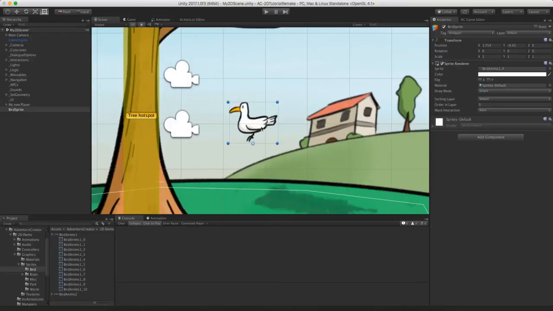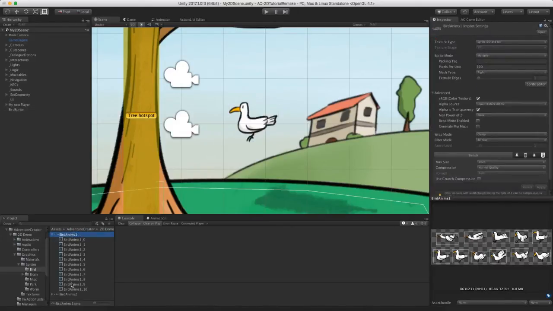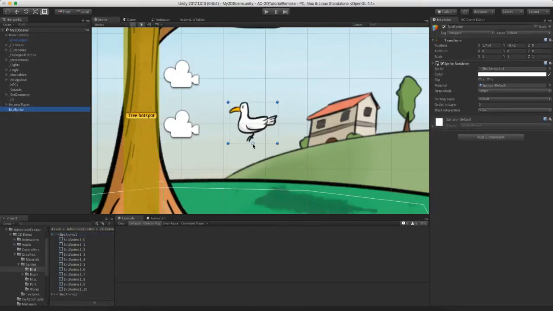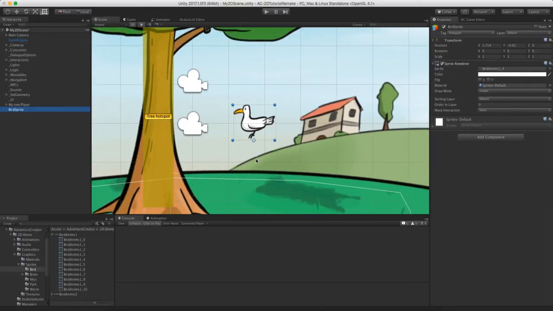And this was a change made in the latest release, version 1.60.3. So if you are using an earlier version, you should go through and amend your sprites or just update to the latest release. But the pivots are at the bottom because this is best practice when it comes to making 2D characters. So with that said, let's use the character wizard to create an NPC out of this bird